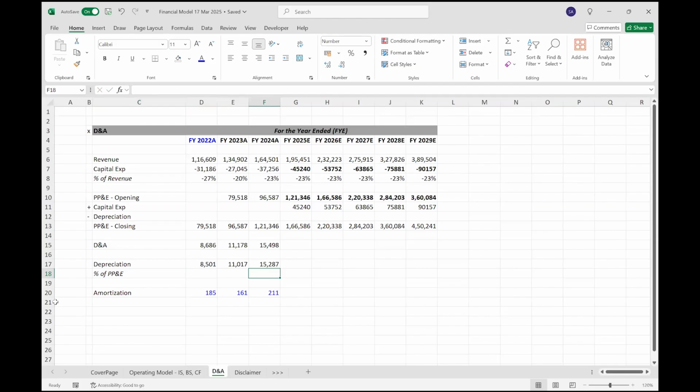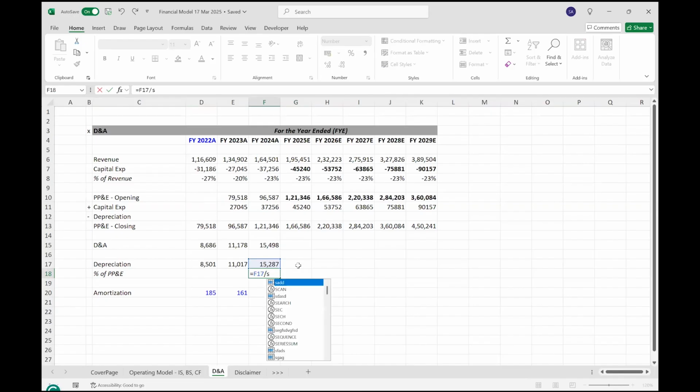before I use a formula, I need to do one more thing. I need a capex for these 2 years also. So the capex for these 2 years is this, the historical one. So I can just drag it back. So 27, 27, 37, 37. So now what I'll do is equal to, this is my depreciation divided by,